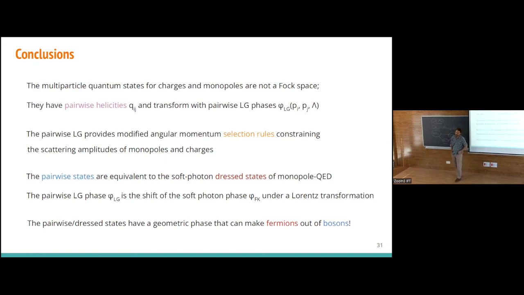Have you thought at all about how the modified angular momentum selection rules might change or muck up anything for models where you produce monopoles in the early universe? Yeah, I was talking to Shuik a little bit about it. If we can look in the CMB for these things, that's what I'm thinking. Especially because it seems like there's an integer here, and if you can measure something that has to be an integer, that could be a really nice smoking gun. We never reached anything concrete, but I think it's mostly because we were busy, so it's worth thinking about.